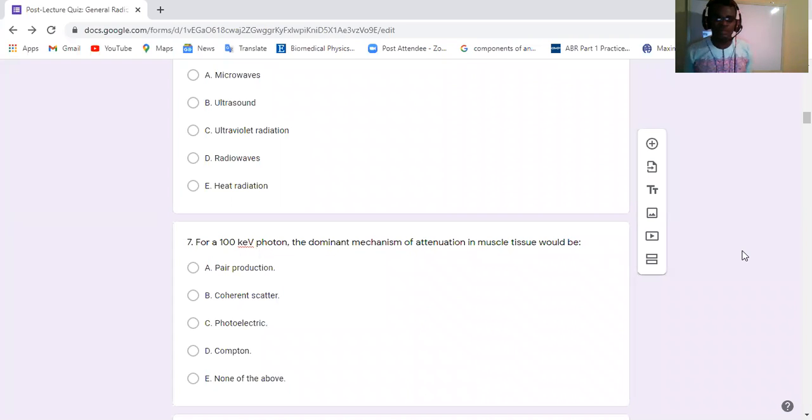A question that will give us a better clue: there's a particular energy in soft tissue at which these two processes, Compton and photoelectric, become equal. They become equal at a point that depends on many variables. The major variable is the type of tissue involved, that is, the effective atomic number of that tissue. But for soft tissue, we have a particular range. We get to that question later. So for 100 keV, Compton contributes more than 50% of the interactions.